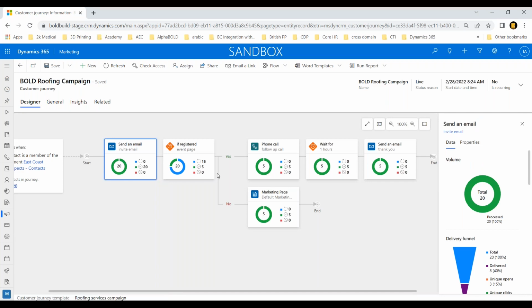But if I go back to my journey, you can see that the system automatically sets up a follow-up call. And essentially what we are doing is that your marketer is working with your back office guy so that they could call Shawn Michaels and say, hey, you were interested in our services. We would like to schedule an on-site visit. So the system automatically schedules this phone call and sends a thank you email as well.